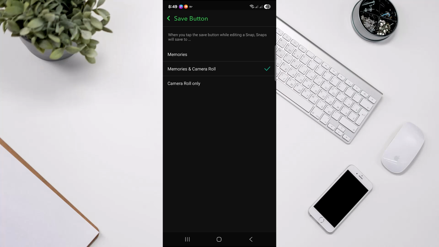save on here. It just lets you choose where you want to save it, in memories and camera roll, or your camera roll only. In other words, your camera roll means the gallery of your Android phone. So as we want to save our Snapchat pictures to gallery, what we'll do is save to memories and camera